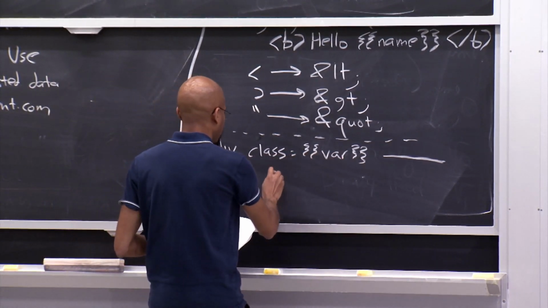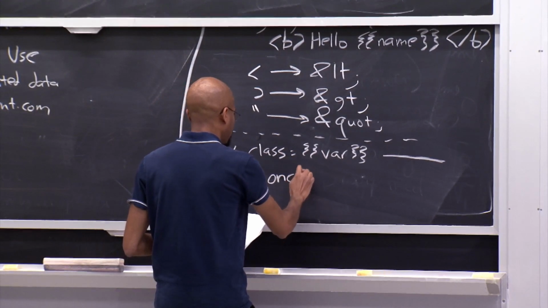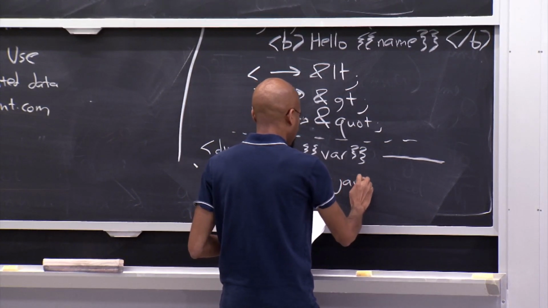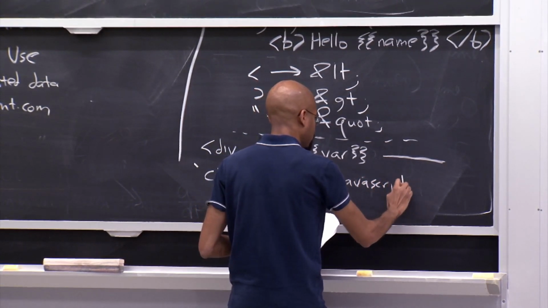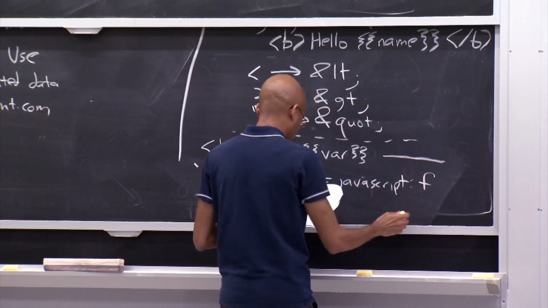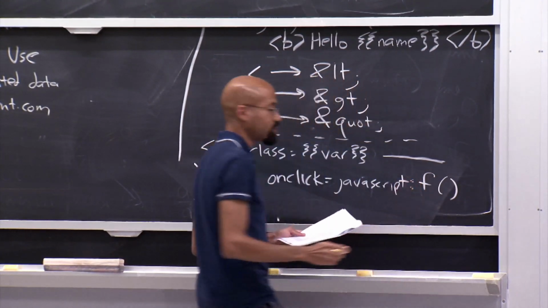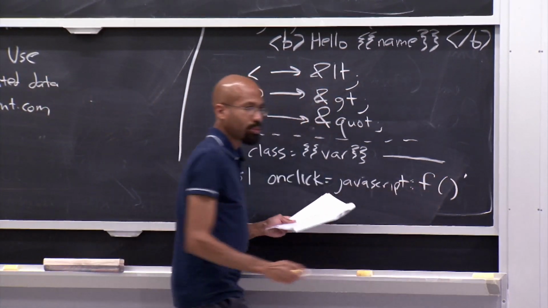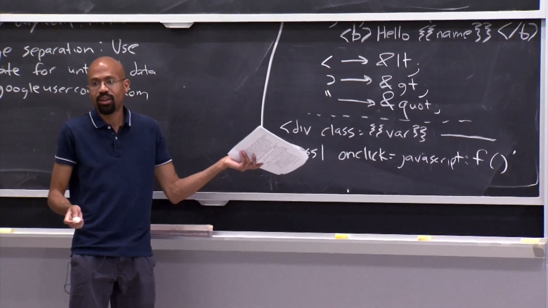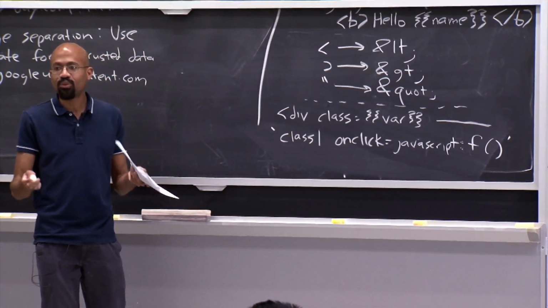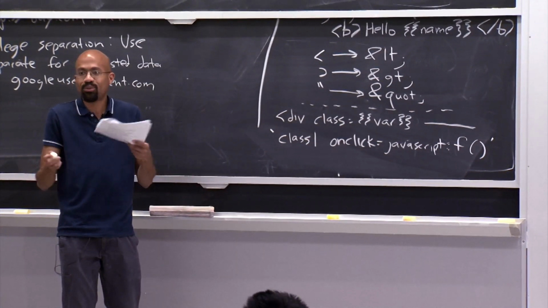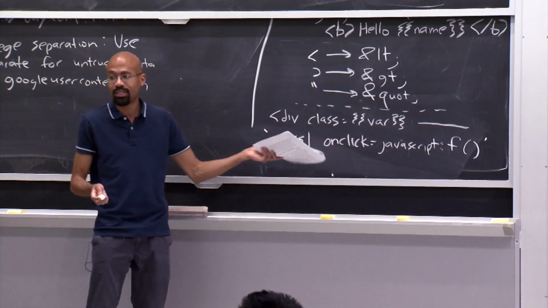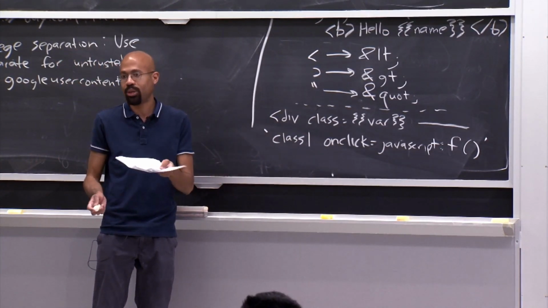But then the attacker will try to put some JavaScript here. So I might say onClick equals, and then put a JavaScript URL, and then put some function call here. So this is malformed, right? The browser should probably just do a fail stop here. But the problem is that if you've ever looked at the HTML for a real web page, all of it's broken, even for legitimate benevolent sites. People just can't hack HTML. So if the browser were to be fail stop, literally no site that you enjoy would ever work, ever.